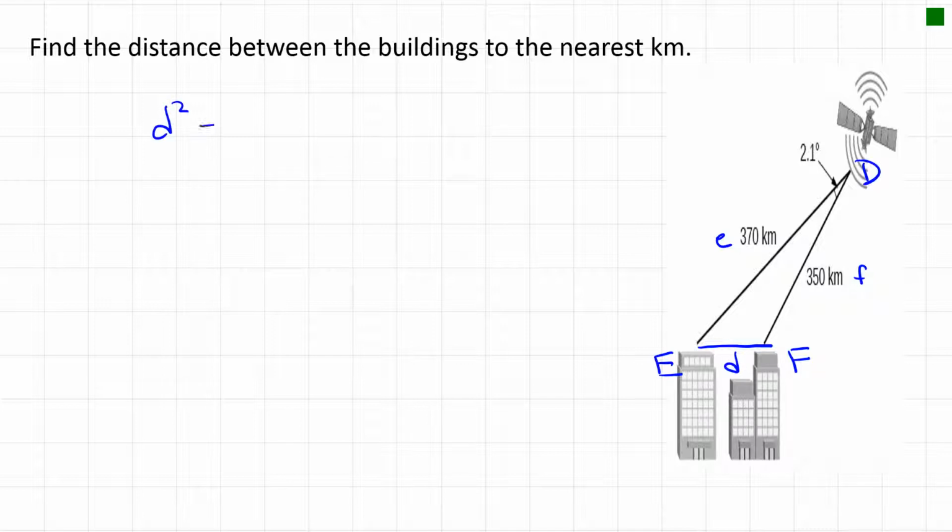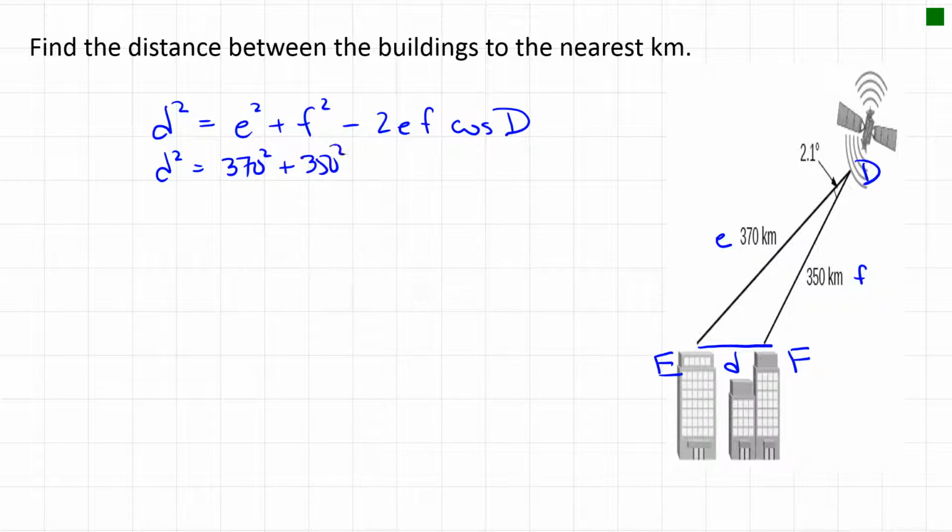So using the cosine law, d squared equals e squared plus f squared minus 2ef times the cosine of capital D. So we're going to input the information. We have 370 squared plus 350 squared minus 2 times 370 times 350 times the cosine of 2.1 degrees. Now you may be able to use your calculator all in one line if you've got one with scientific notation, and when you do that you should get